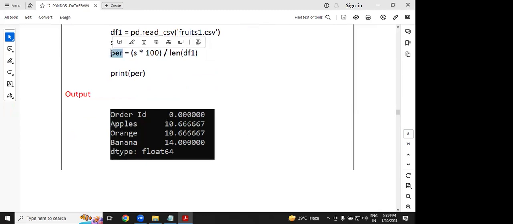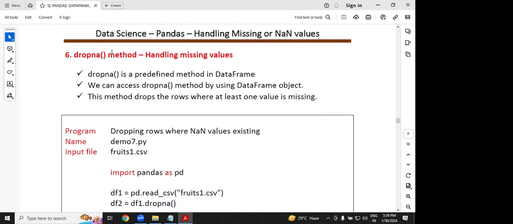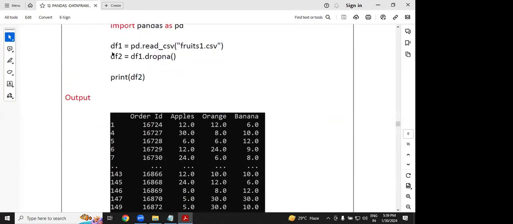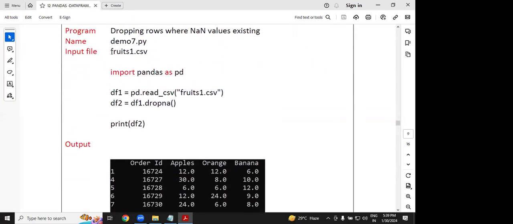And then the dropna method for handling missing values. The very first step is importing the libraries or packages. The next step is loading the data set. After we loaded the data set, we may have missing values. In between, first we need to check whether we have missing values or not. If we have missing values, only then do we go for